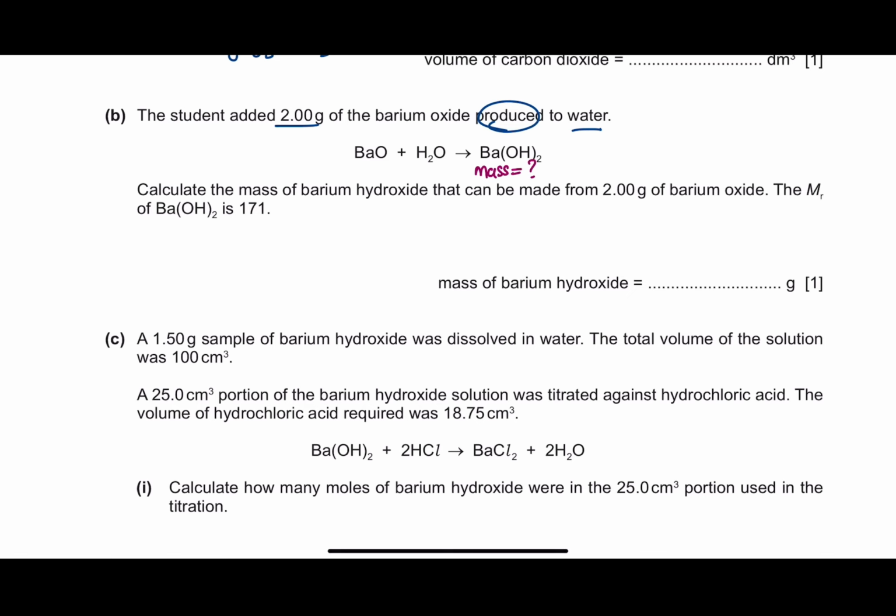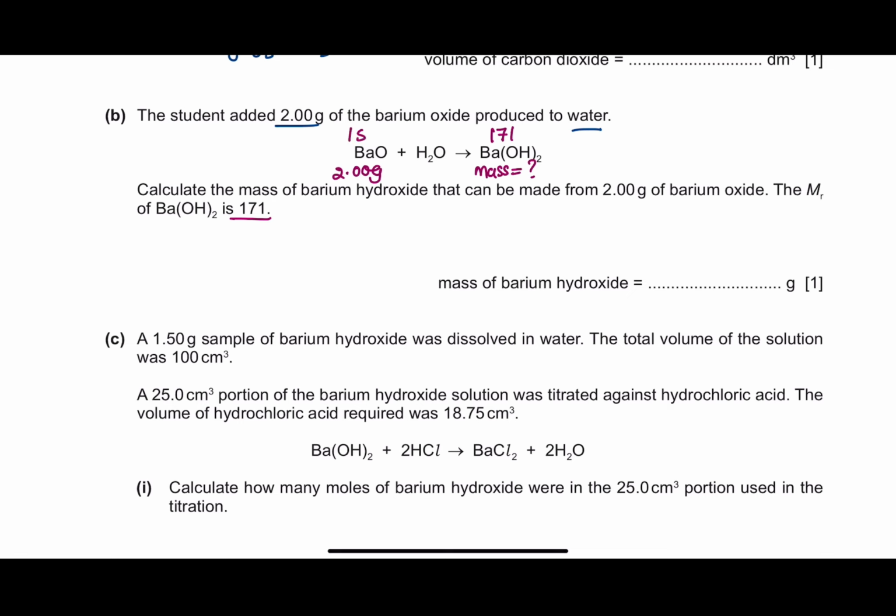So we know that the mass for barium oxide is 2 gram. And they also gave you the relative atomic mass of barium hydroxide, which is 171. So I'm going to write it here. Now we know that the relative atomic mass for barium oxide, if you calculate based on your periodic table, you